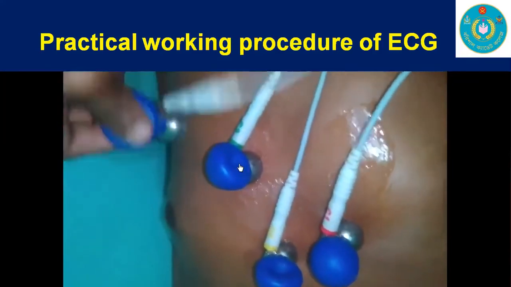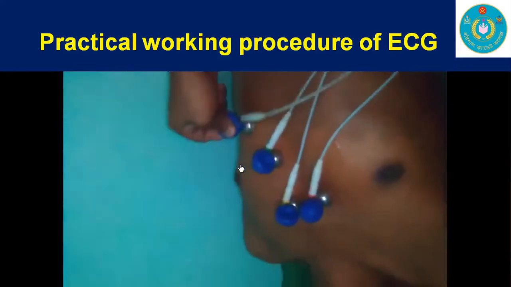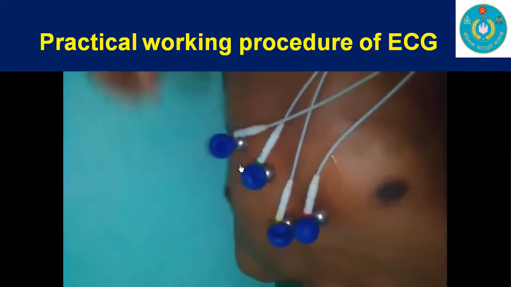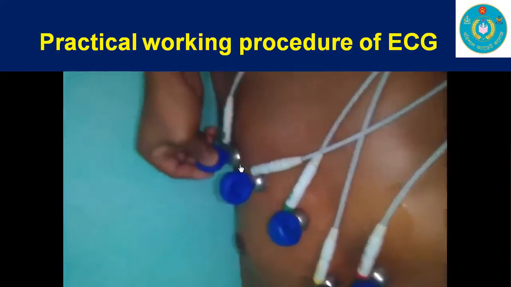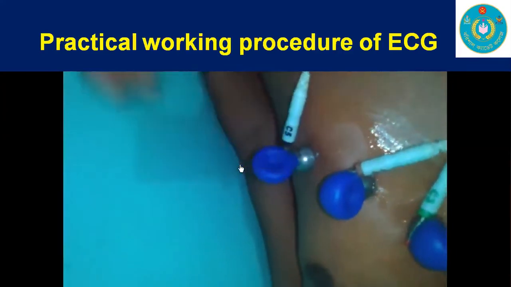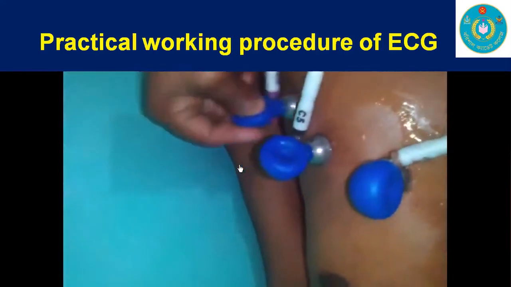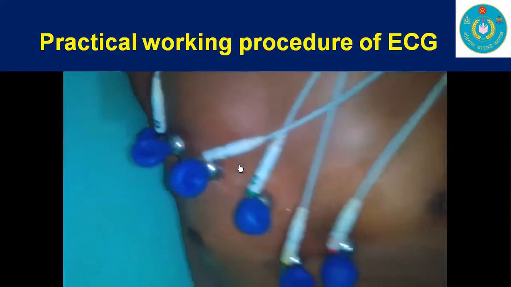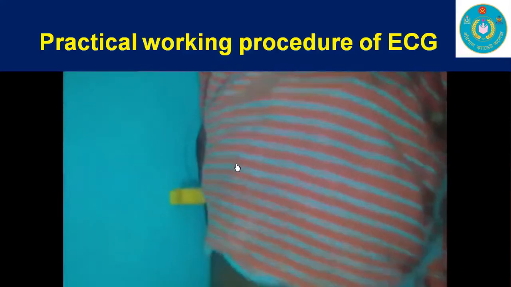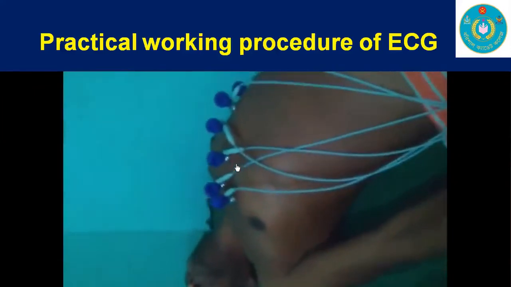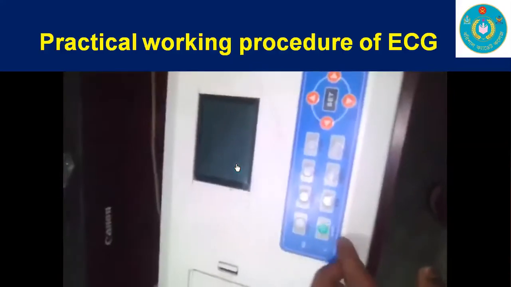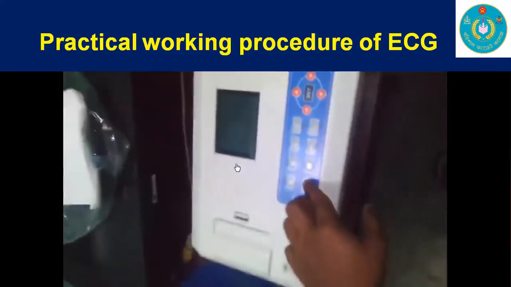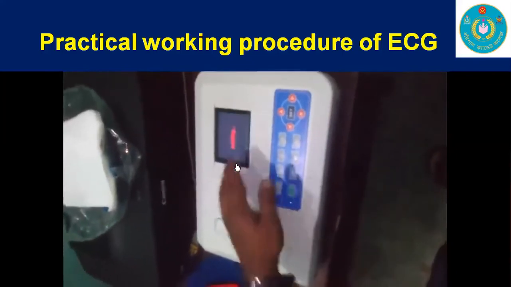The electrical signal obtained from each of the electrodes of a healthy person has a normal pattern. If an abnormality develops in the heart of someone, then the signals obtained from the electrodes will be different from the normal pattern. Generally, an ECG is done to detect the cause of disease when a person experiences palpitation, irregular or rapid heartbeat, and chest pain. Now we are going to start the ECG machine, and after this loads to 100%,